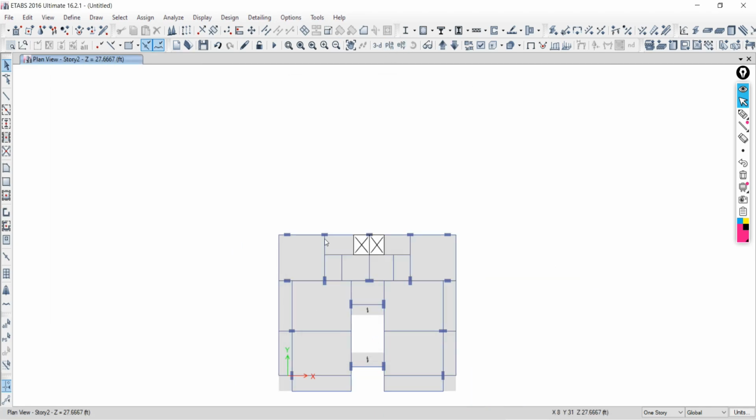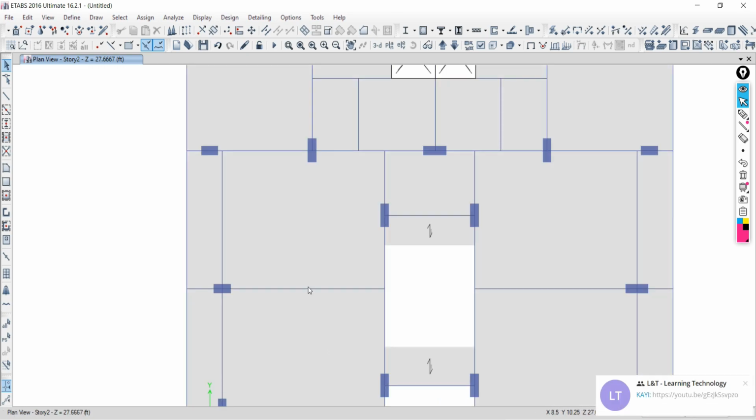Now next, go to plan, any level. I want to select this beam only. Click over that, so this beam is selected. One frame is selected. Once you click over clear, that selection will be removed. I want to select this slab. Click over that.